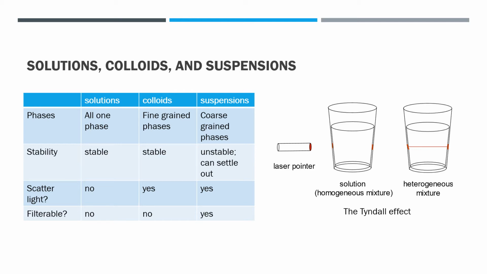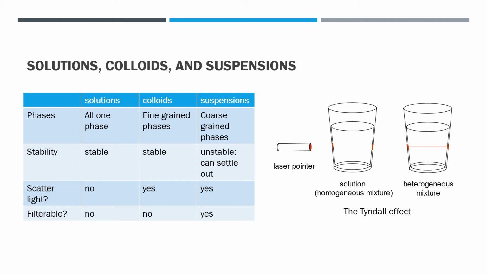A suspension is more coarse-grained. Think of the snow in a snow globe. Generally, anything that says shake well before using is a suspension, because suspensions will separate and settle out on their own. So examples of suspensions might be muddy water, or oil and vinegar, or beer with a head on it,